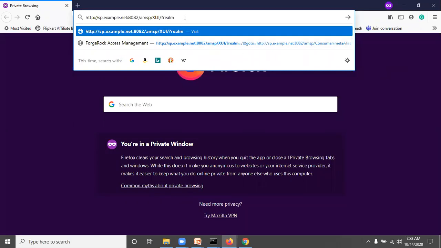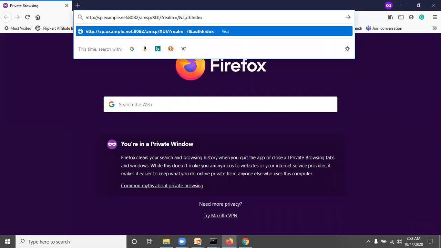So here we have to type realm equal to slash, auth index type equal to module, auth index value equal to SAML2 test new.